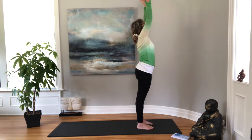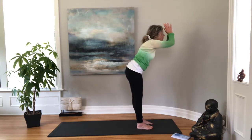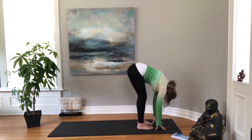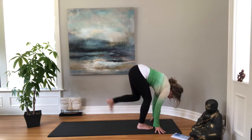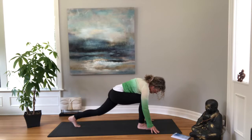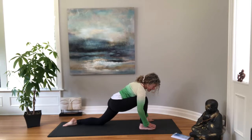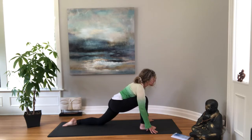Inhale, reaching up, and exhale, folding back down. Staying in our forward fold here for a breath or two. And then we'll bring the left foot back, knee down to the floor, sinking into your hips, feeling that right foot nice and solid, getting your right knee into your armpit, letting your hips relax, and maybe looking up,